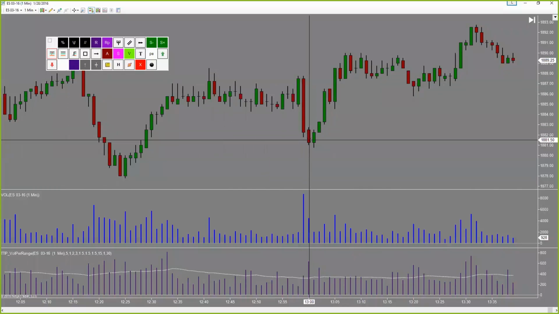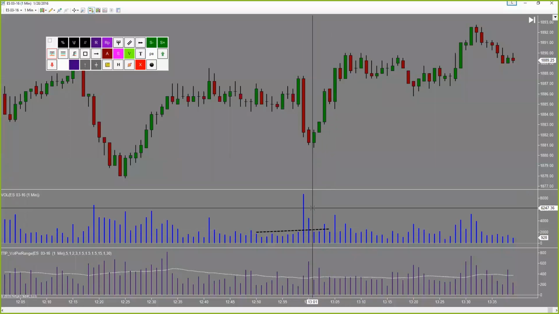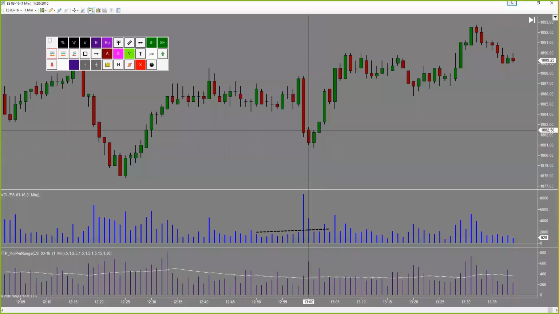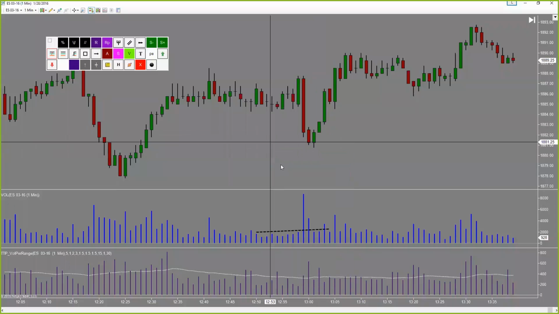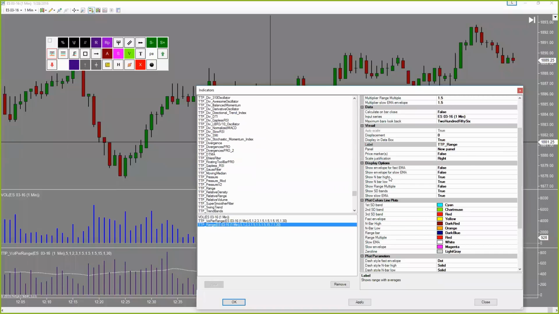Now on the next bar, we have very high volume as well, not as high as the previous bar, but definitely much higher than the average and much higher than these bars. Let's say the average would be right here. So about twice the average amount of volume. But look at the range. So if I add the range on here,